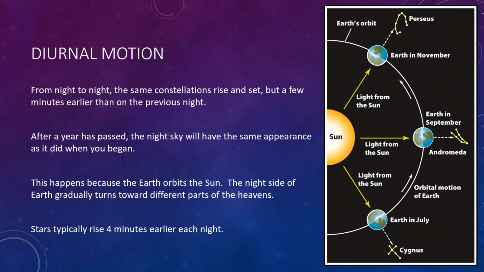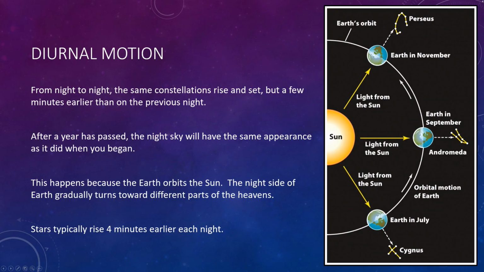So this figure on the right shows which constellation is overhead at midnight local time, when the sun is on the opposite side of the Earth from your location. During different months for observers at mid-northern latitudes, including the United States, if you want to view the constellation Andromeda, the best time of the year to do it is in late September, when Andromeda is nearly overhead at midnight. But then, a couple months later, Earth has moved through its orbit around the sun, and now Perseus is directly overhead at midnight. And so on and so forth.